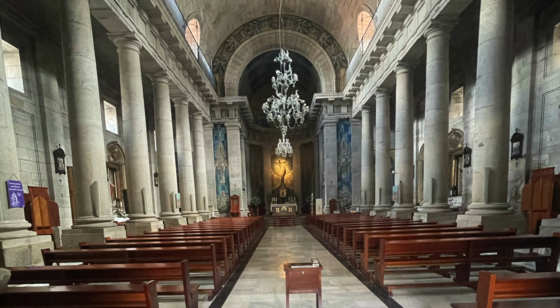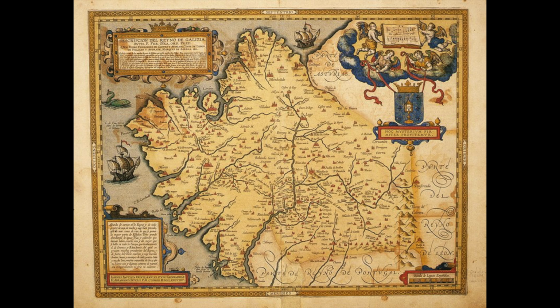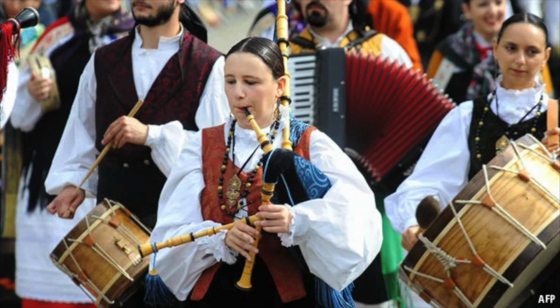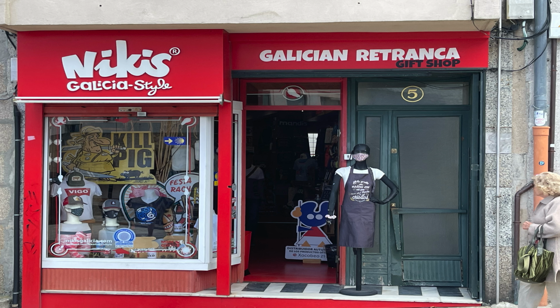It was rebuilt and then rebuilt again in the 19th century. Galicia as a region was originally settled by the Celts in about 4500 BC. It was incorporated into the Roman Empire in the late 1st century BC and was ruled by Germans and the Franks, under which the Galician language was forbidden and the culture suppressed until 1978, when they became an autonomous region